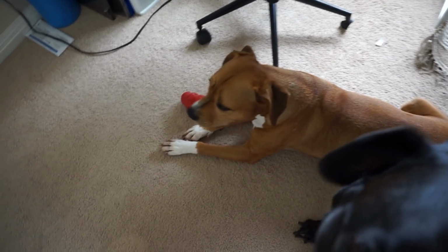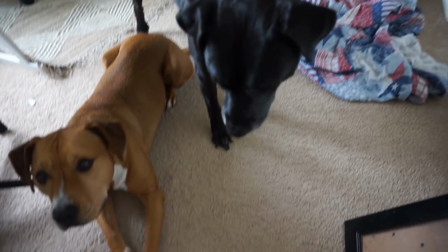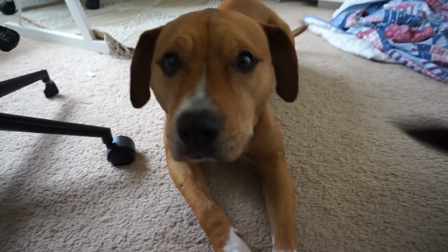People are always so surprised, because Onyx looks like an old man. I don't know, maybe that's the half lab in him, because labs age in the face, really. You can see it in their face. And maybe pits just stay young forever, maybe just Zeus does. We say Zeus has forever puppy face because people will be out and about with him, and people are like,